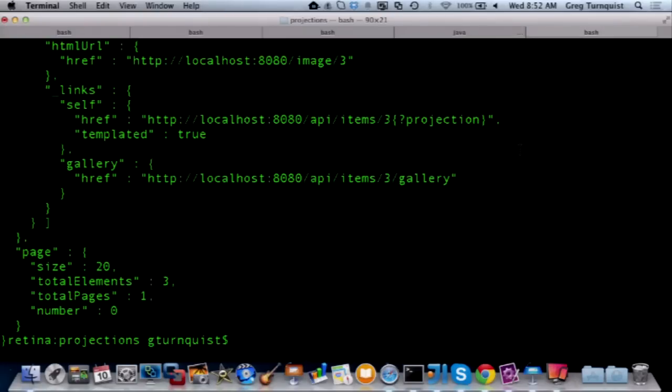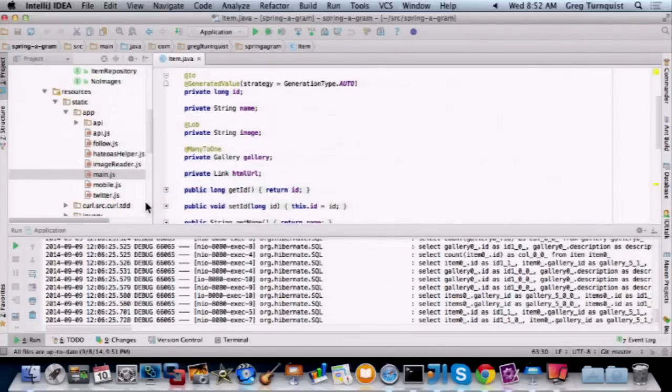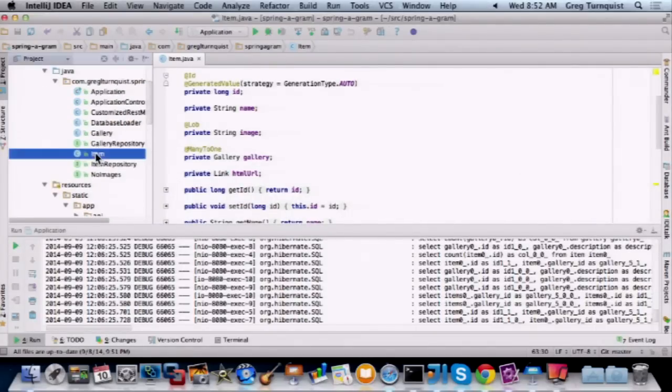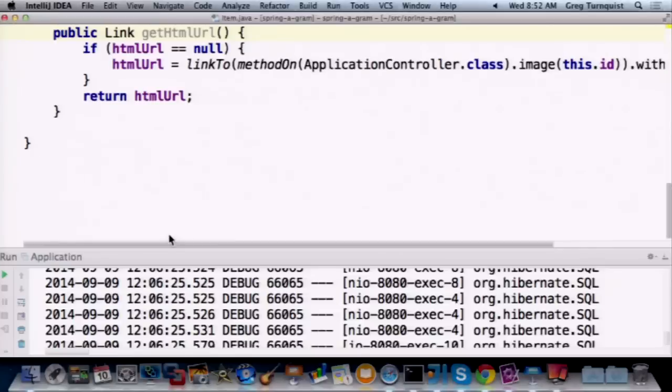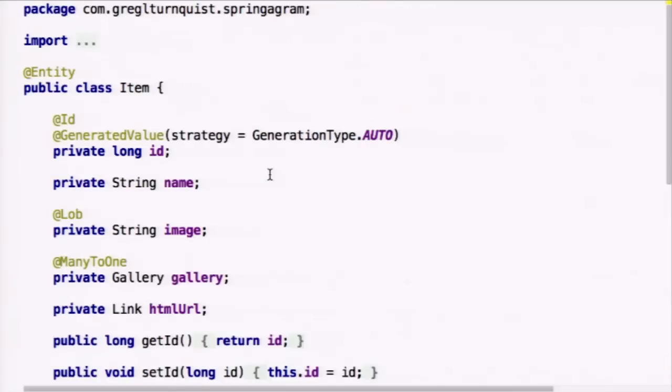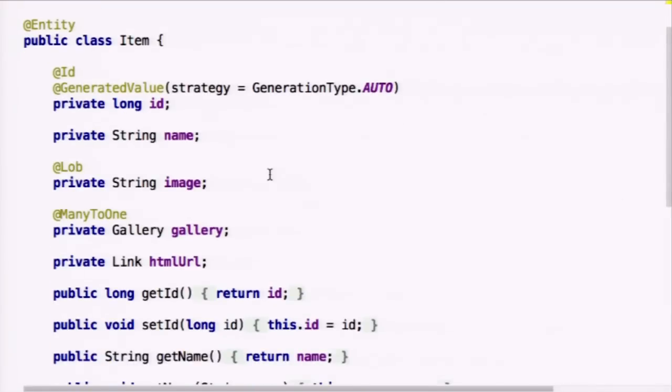But let's go take a look at the code that's behind this and find out how simple this is. I'm going to put this in presentation mode. Okay, so I called it an item because this is a JPA entity class. We have an ID. I basically gave it a name. The image is stored in a plain old string, and this was basically the trick that I pulled to build a demo without having to go through multi-part uploads. So don't necessarily do that correctly, but